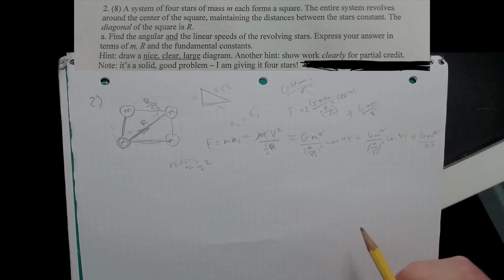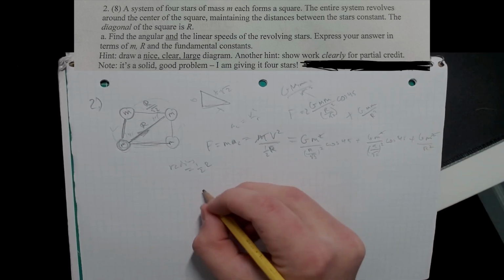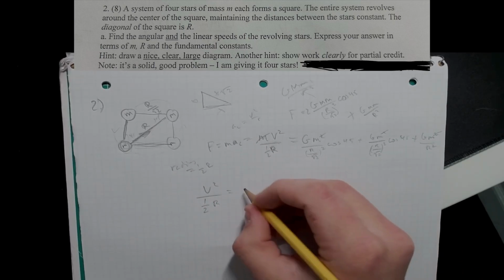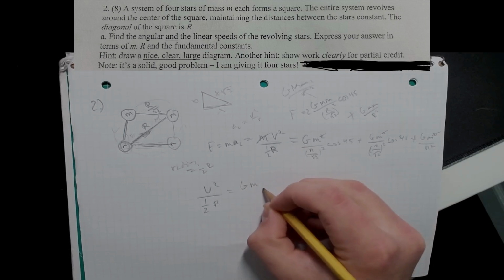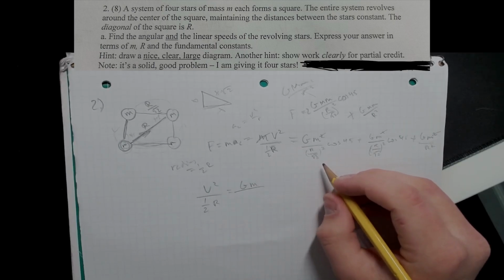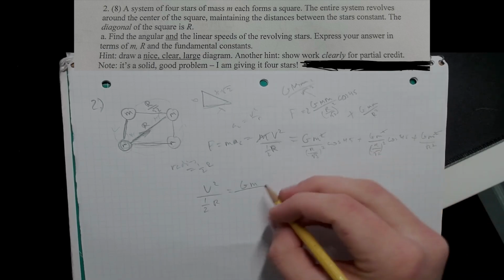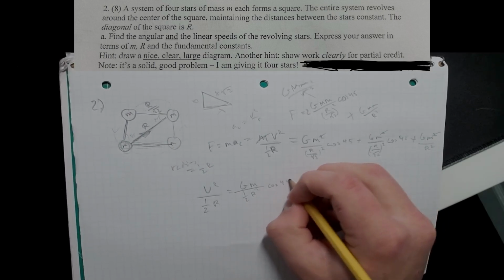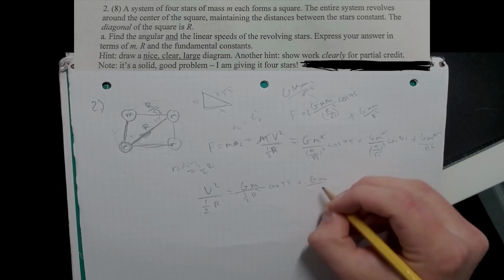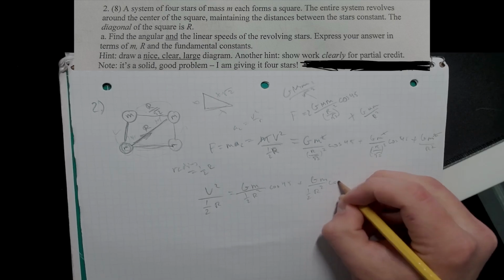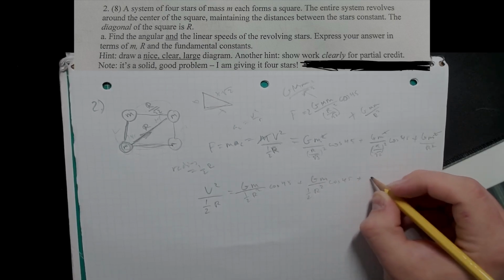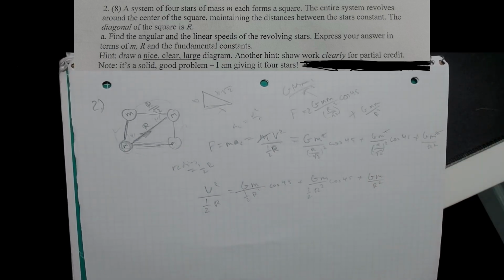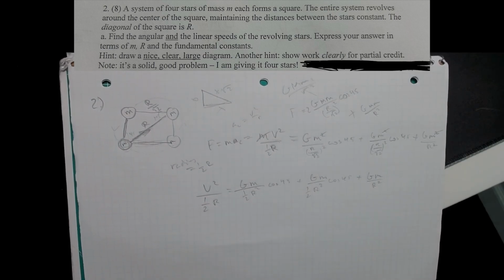Now let's expand this, so we have v squared over 1/2 r equals G m over r squared over 1 is 1/2 r squared cosine 45 plus G m over 1/2 r squared cosine 45 plus G m over r squared. So now what we can do is